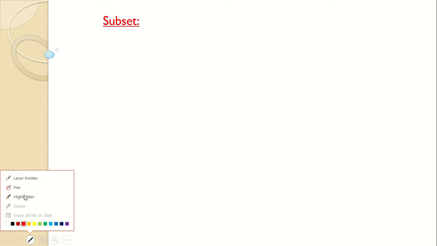So let us first understand what is meant by a subset. In the previous two exercises or practice sets, we have learned what is meant by a set. Now, sub means there is a bigger set, and a subset is a smaller part of that set. Whenever we have a subset, we have some bigger set there, and it is a part of that bigger set, then that smaller set is called a subset.